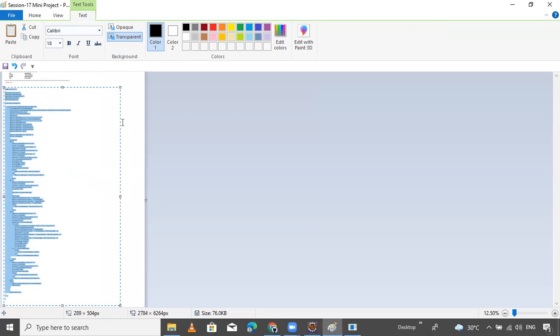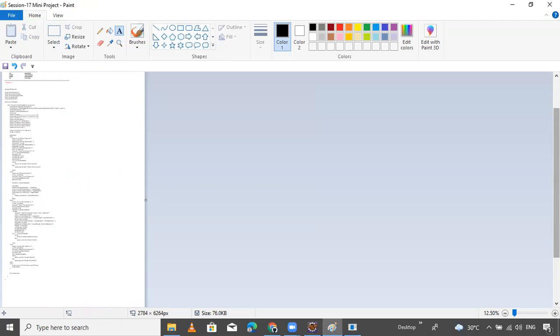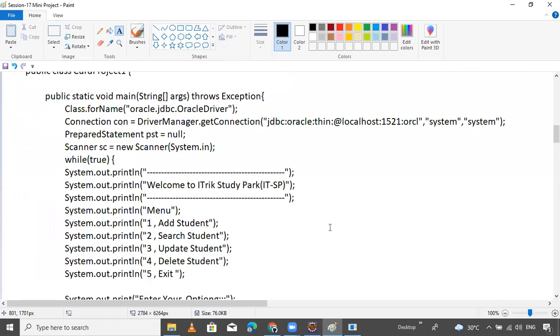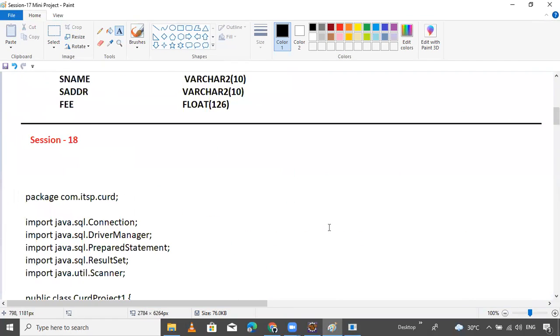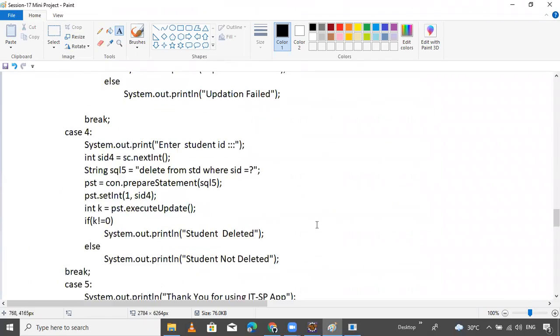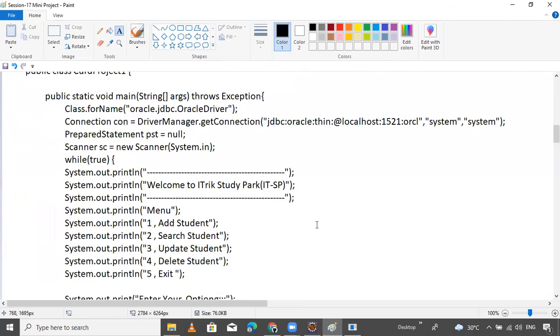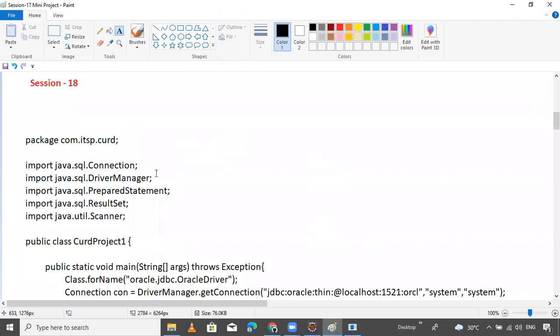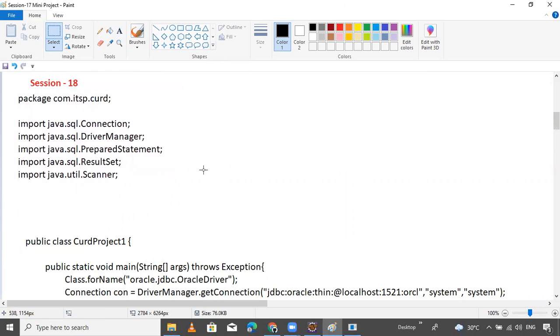I will compare both the examples. Don't worry. Now, which thing is required, which thing is not required. I will show you. This is our total program.